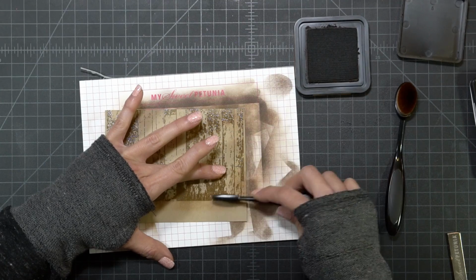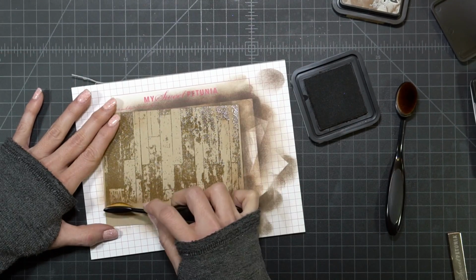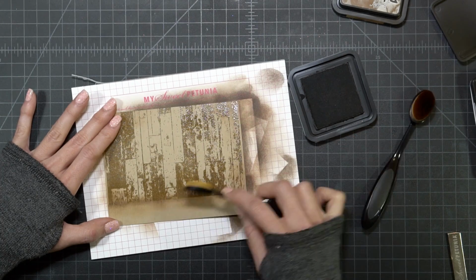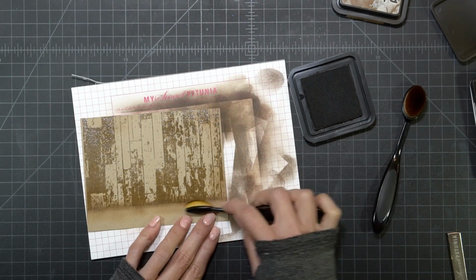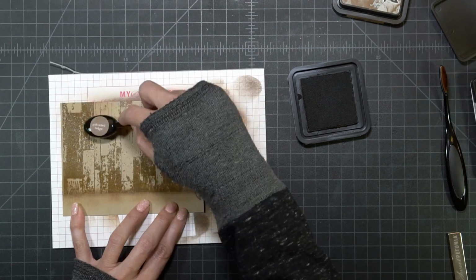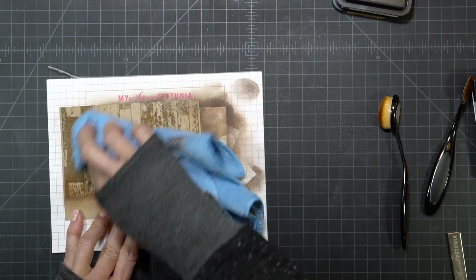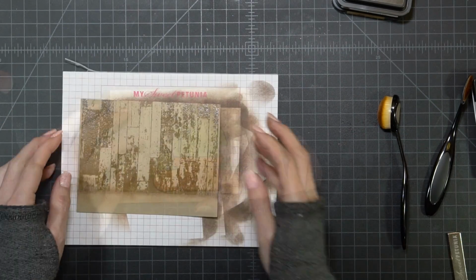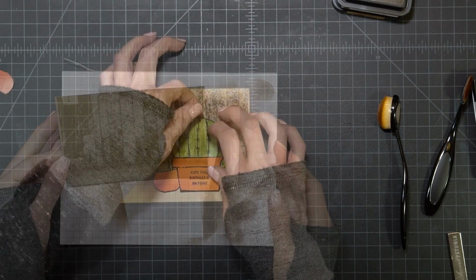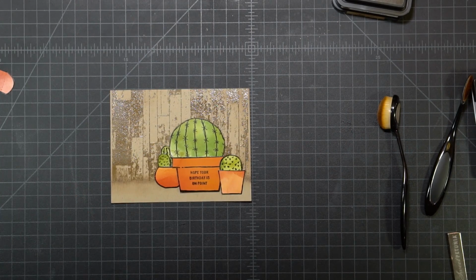embossing powder. Now I'm just adding a little bit of color to the bottom using this slim brush from Picket Fence, and I really like it because it offers you so much control just to be able to go around that tiny edge, kind of make it look like a shadow against a wall. Now I'm buffing everything out with my microfiber towel,